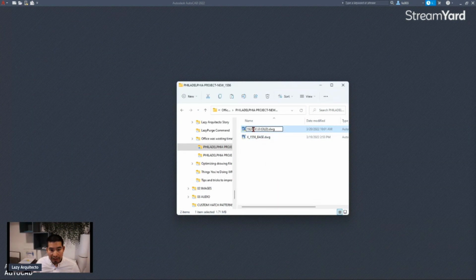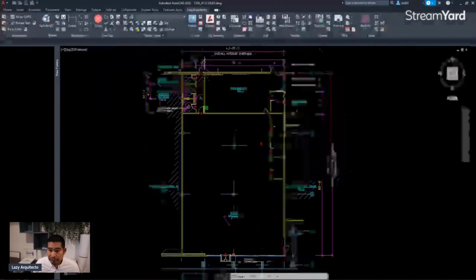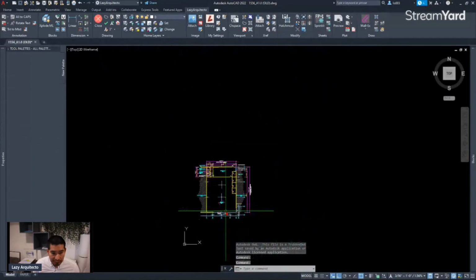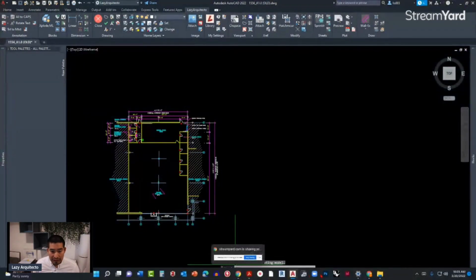So after renaming his new project, he opened it, and after reusing the door tags, of course, first